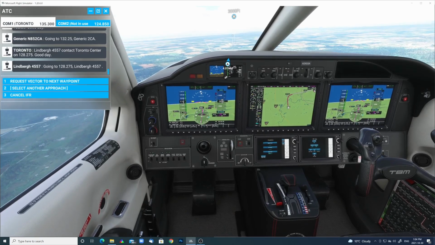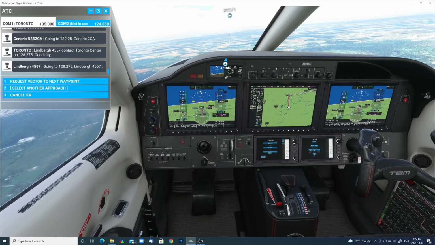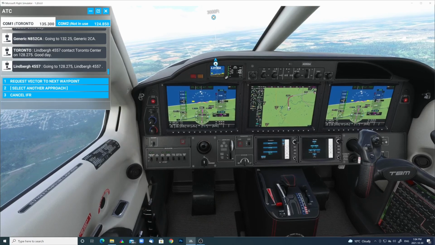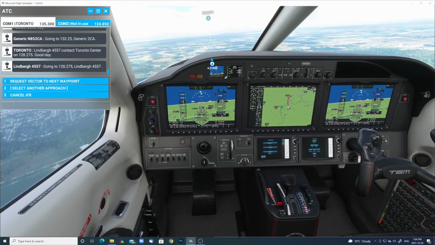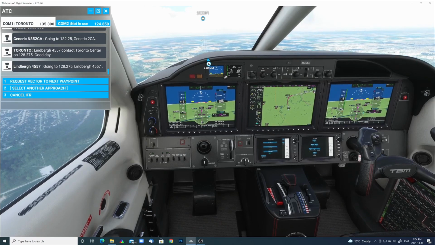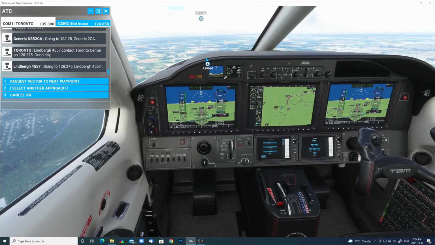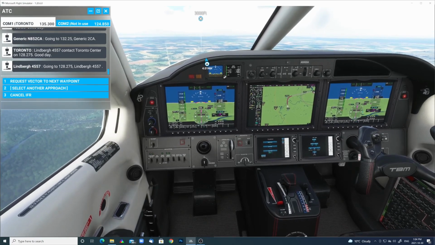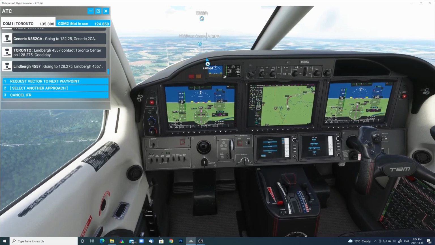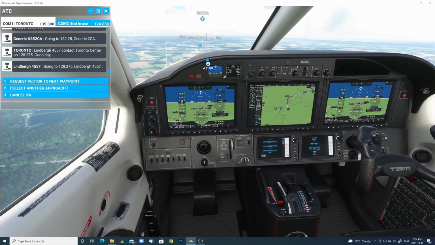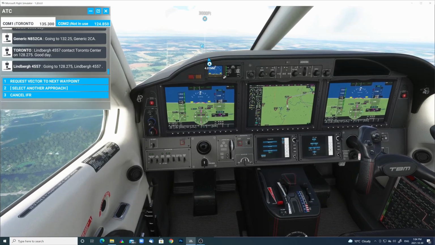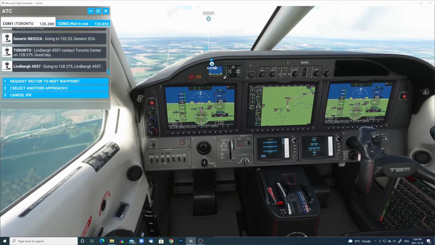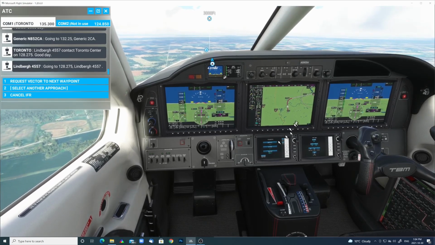Now, one thing I'll point out about this approach, it's weird. I don't think they've modeled London CYXU Airport very carefully, because if we follow the glide path that's established by this approach, we'll end up going into the trees in front of the runway. Whether those trees are really there or not, I don't know. But what I'll probably do is take it off autopilot long before, and then sort of hop over the trees and drop down, hopefully not crash and burn like I almost did yesterday when I tried this. Okay,